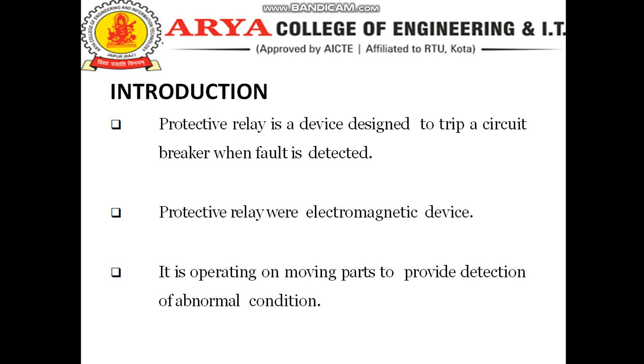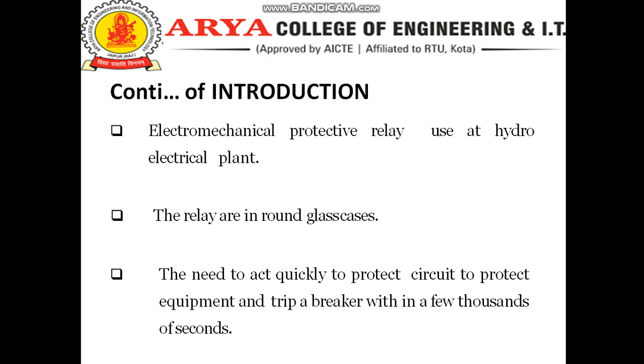Introduction. A protective relay is a device designed to trip a circuit breaker when a fault is detected. Protective relays were electromagnetic devices operating on moving parts to provide detection of abnormal conditions. In continuation with the introduction, the electromechanical protective relays are used at hydroelectric plants. The relays are in round glass cases. They need to act quickly to protect circuits, to protect equipment, and to trip a breaker within a few thousandths of